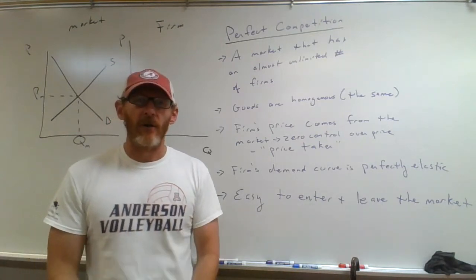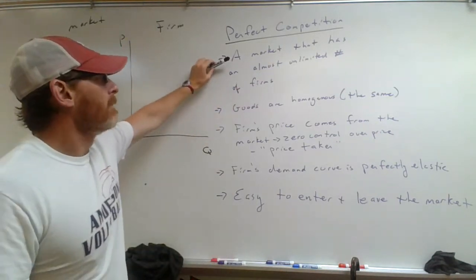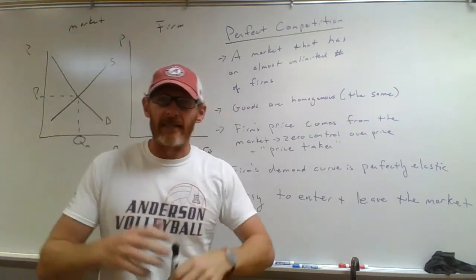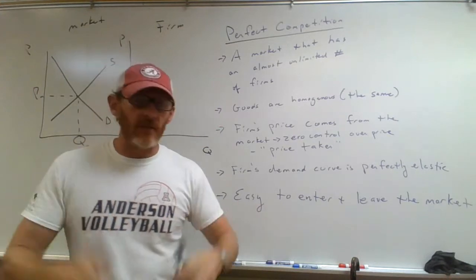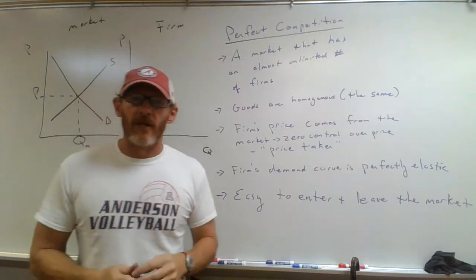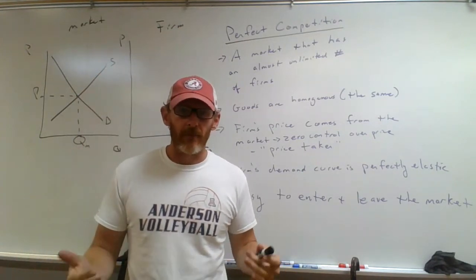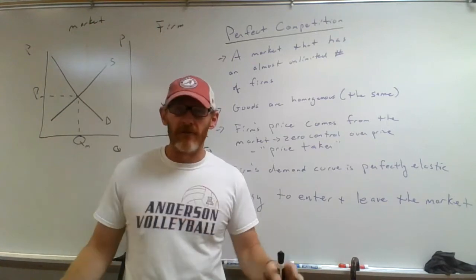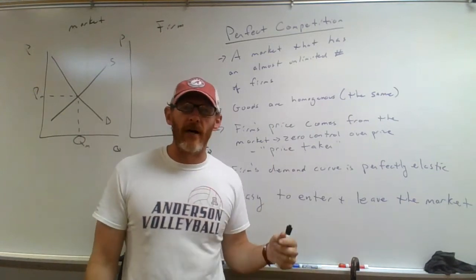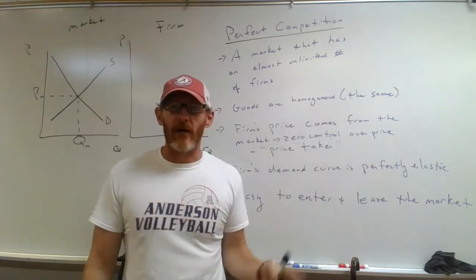their behavior. So the first thing is, a perfectly competitive market is a market that has an almost unlimited number of firms. That doesn't mean it actually is unlimited, but it's hundreds of thousands of firms. Perfectly competitive markets tend to be agriculture markets. Corn, okay? There are tons of corn producers. They make tons of corn. And when you bite into a corn on the cob, you don't know if it was made in Nebraska or Illinois or Kentucky or South Dakota, all right?